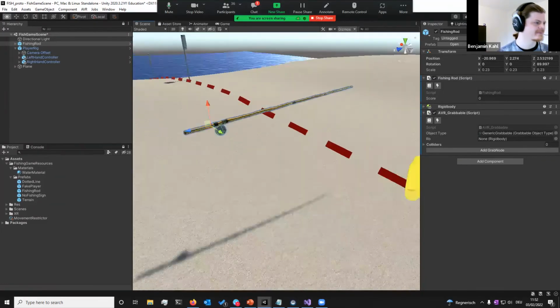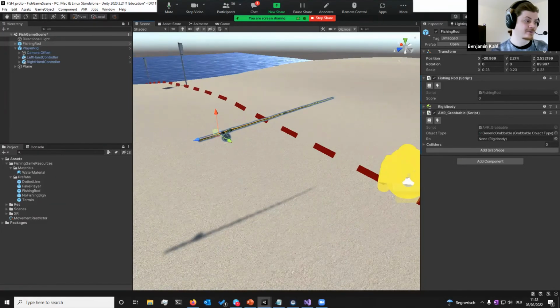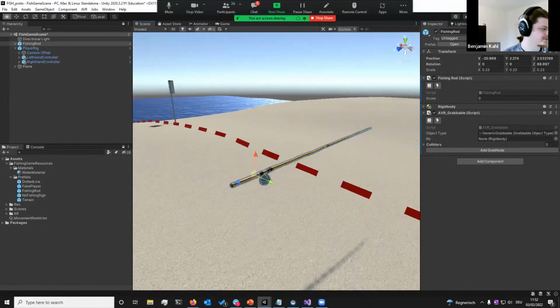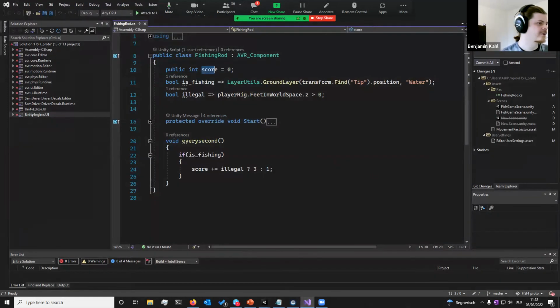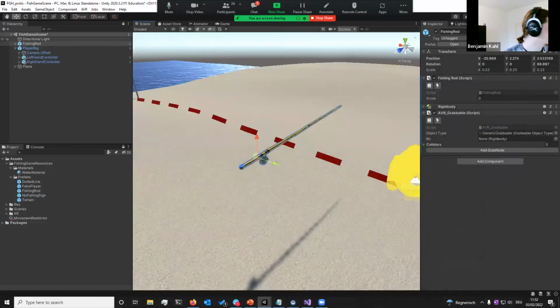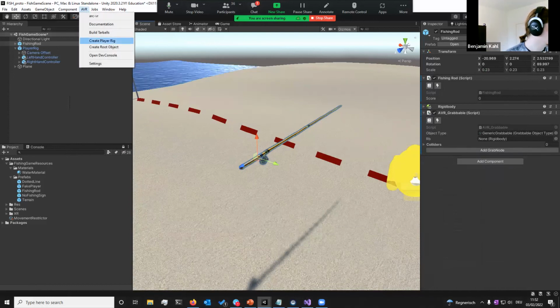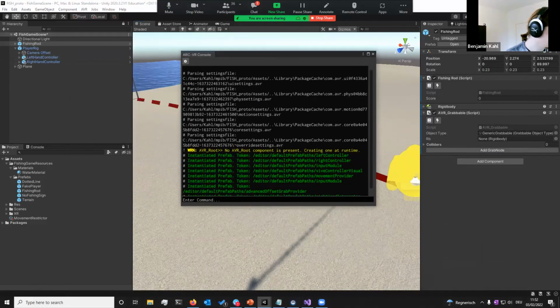So we have a fishing rod that we can grab. One thing that we want is for the player to now be able to see their score. We've got the score in this code here, but it's just in the code. We want the player to see it. So I want a UI attached to the fishing rod that shows how many fish they've caught. I can use the dev console here to look for